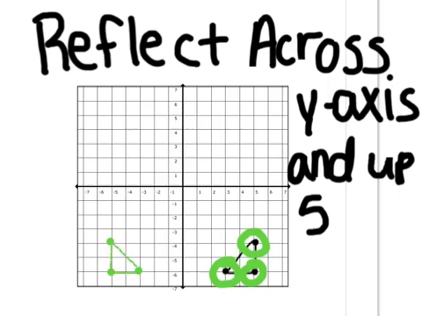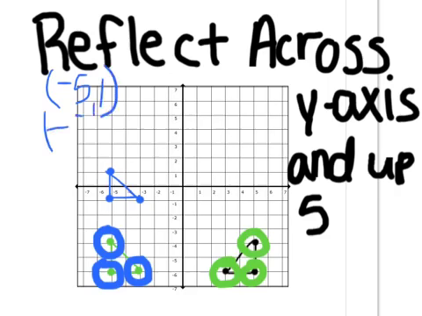Now it says move each point up 5. So the point at negative 5, negative 4 becomes negative 5, 1. The point at negative 5, negative 6 becomes negative 5, negative 1. And the point at negative 3, negative 6 becomes negative 3, negative 1. What was it? -5,